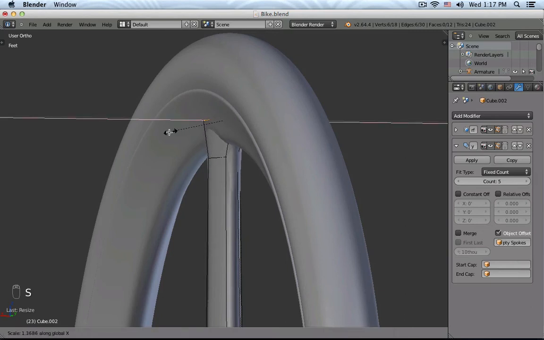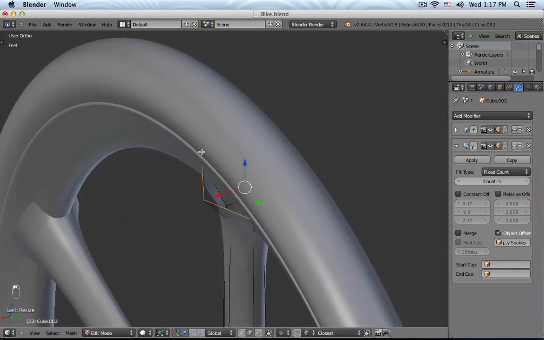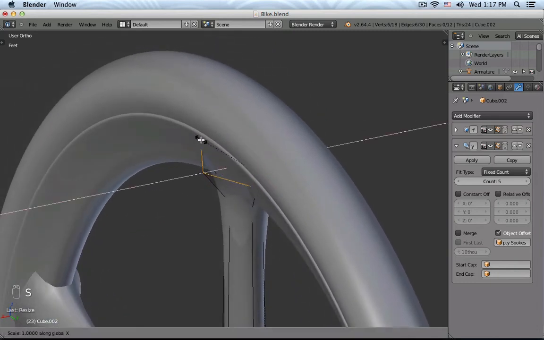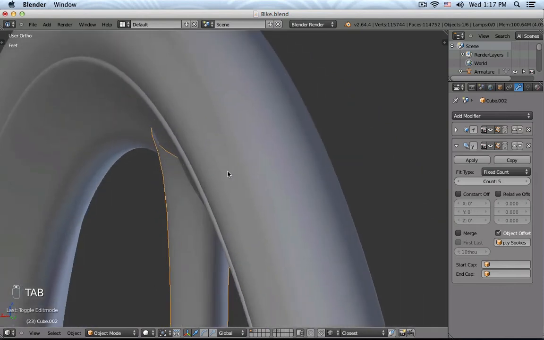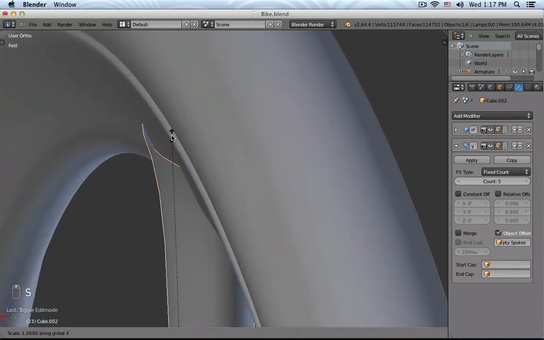And be careful that you don't push it out too far, because you still want those two surfaces, so the spoke and the rim, to intersect. So it shouldn't look like this, but it should look more like, yeah, something like this, I guess. And the whole thing still intersects. The whole point behind this is